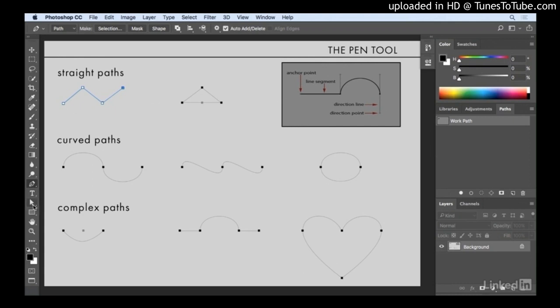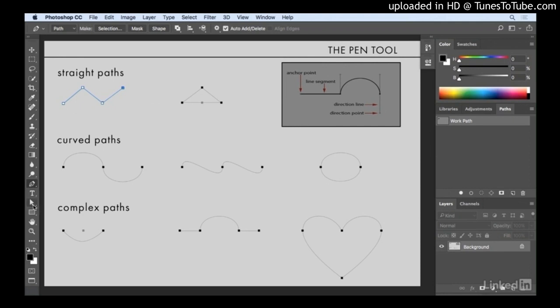And to close this path, I'm going to change tools, but I'm going to do so using a keyboard shortcut because while I can constantly go back and forth between the pen tool and the direct select and the path select tools, for me it's just much easier to hold down the command key or the control key. You can see that my cursor switches to the arrow icon, and I'll just click in order to end that path. So let's look at the Paths panel.